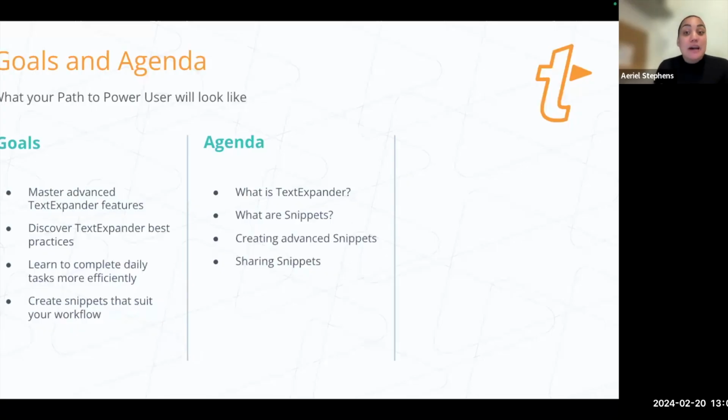Like I said, this will last about an hour. We'll have more time at the end for questions, but my goal today is to show you some more advanced features that you possibly are not already using or taking advantage of just yet, to really make the most out of TextExpander. Even if you've used us for a while, Jennifer and I can pretty confidently attest that there is always something more to learn. There are a lot of little hidden tips and tricks in there, and surprisingly enough, she and I still learn little things here and there. So we are experts, but there's truly always something more to learn with this app.